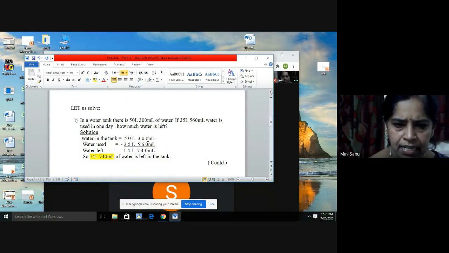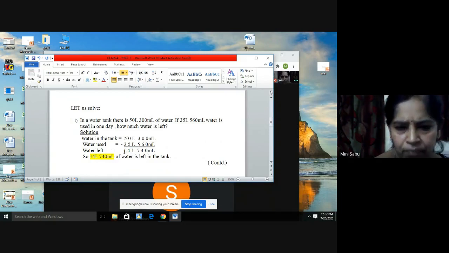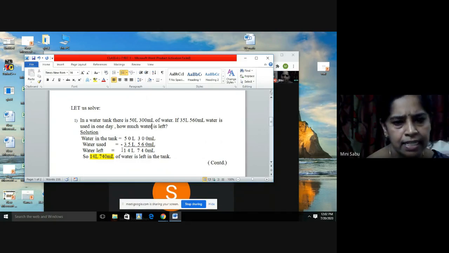Okay, as in the previous question, milliliter is written. 0 minus 0 is 0, and 0 minus 6, that means 10 minus 6 is 4. Here it is 2, 2 will become 12, 12 minus 5 is 7. So we borrowed from here, so here it is 9, 9 minus 5 is 4, here it is 4 remaining, 4 minus 3 is 1. You know this minus, that's why I explained it faster. You take time and subtract, you will get this answer only.